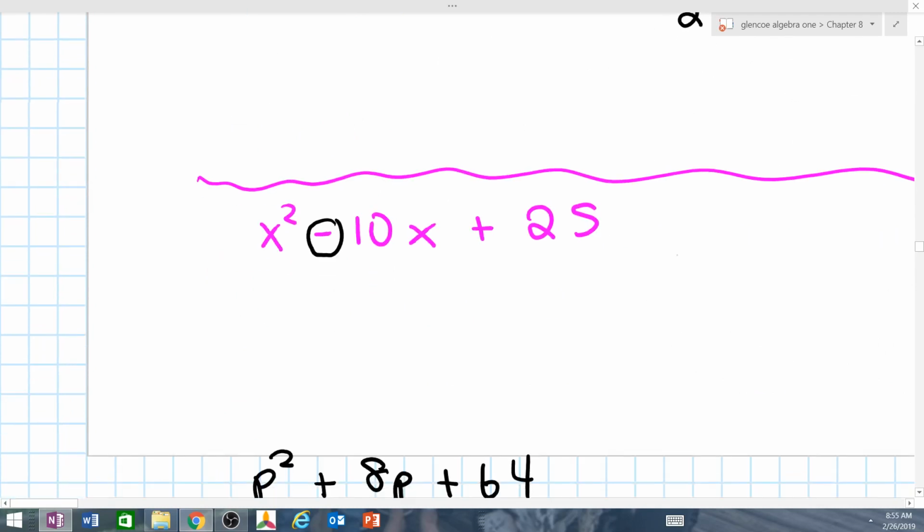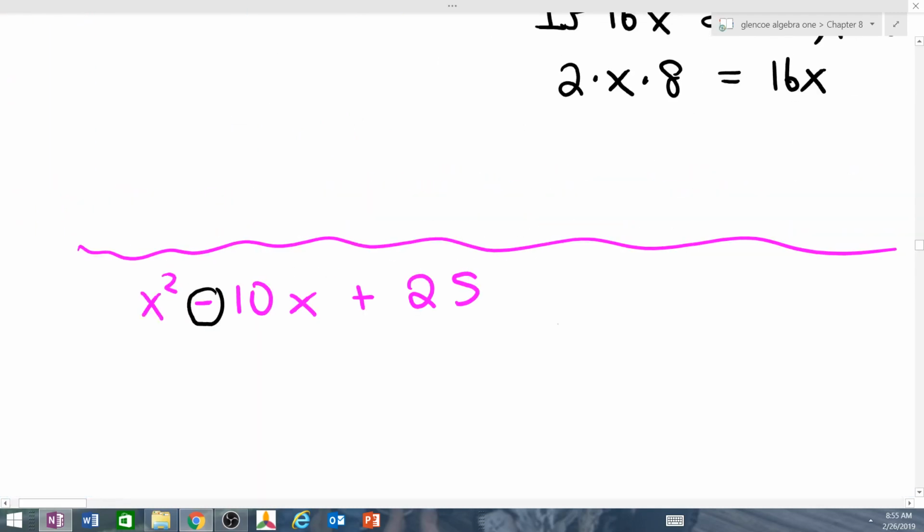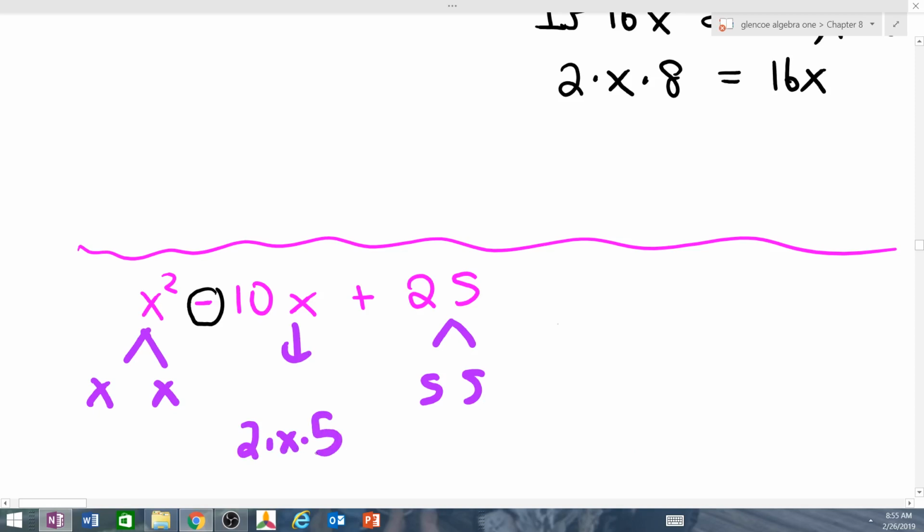Okay? How about x squared minus 10x plus 25? Well, let's take a look at it. Is the first term a perfect square? Yes. Is the third term a perfect square? Yes. Is the middle term 2 times, or in some cases, negative 2 times the square root of the first times the square root of the third? Yes. So who could factor that for me? But be careful because there's a minus sign here. X minus 5 quantity squared is